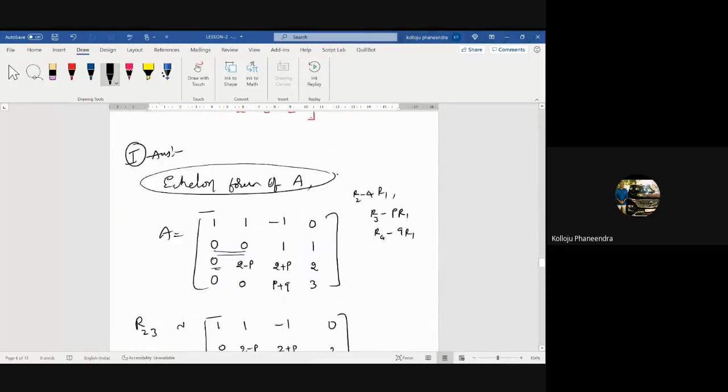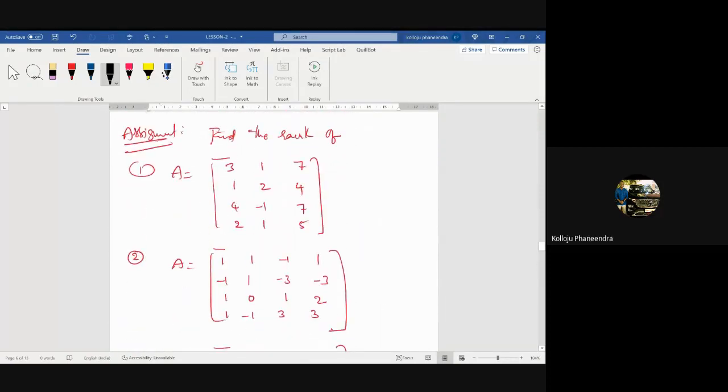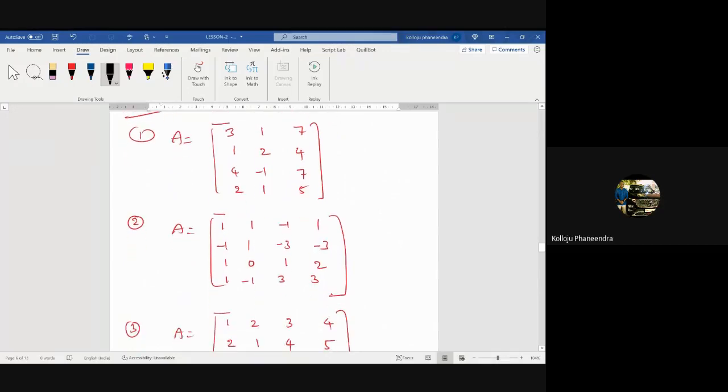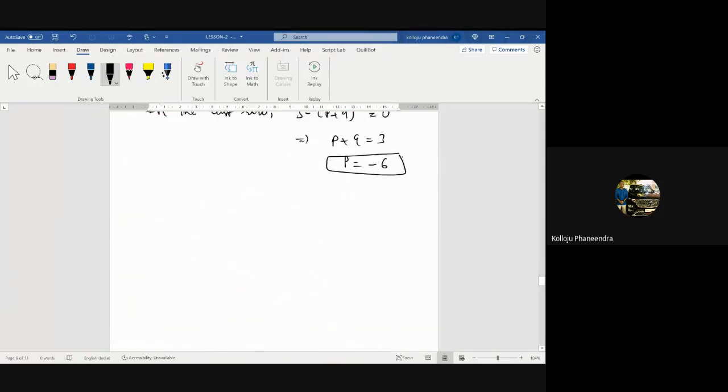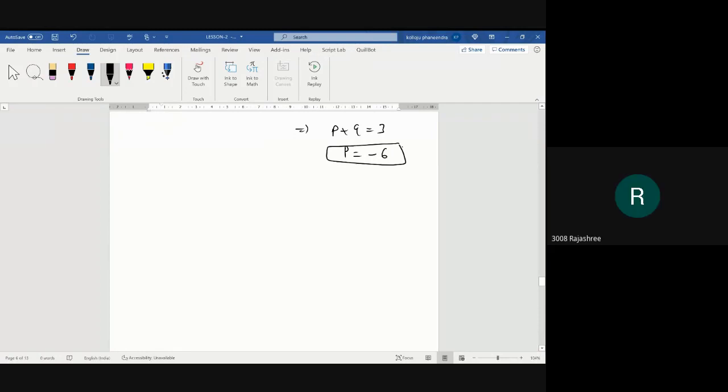But if you follow the determinant method, it's very complicated. You have to calculate the determinant of every value, like our previous problem. Without any calculation, we made a statement that all 2 by 2 determinants are 0. But someone observed that one of the 2 by 2 determinants is not 0. So better you follow the echelon form technique for any matrix of order more than 3. Okay, right. Next one.